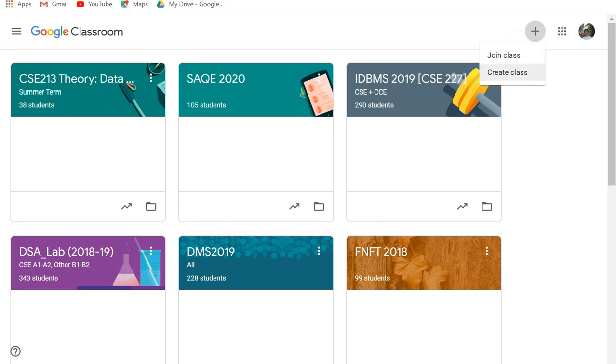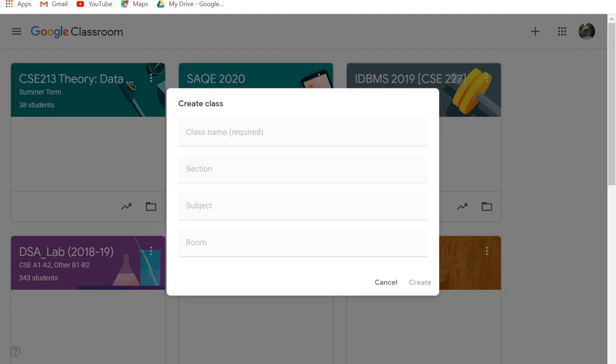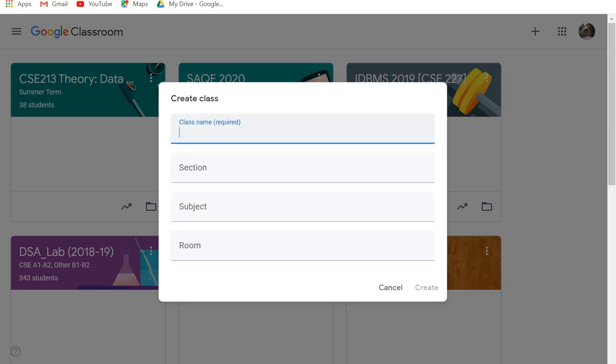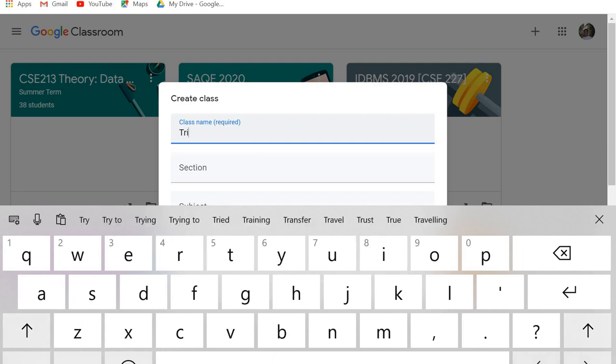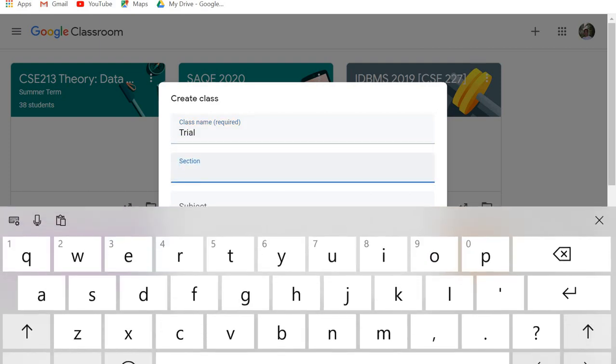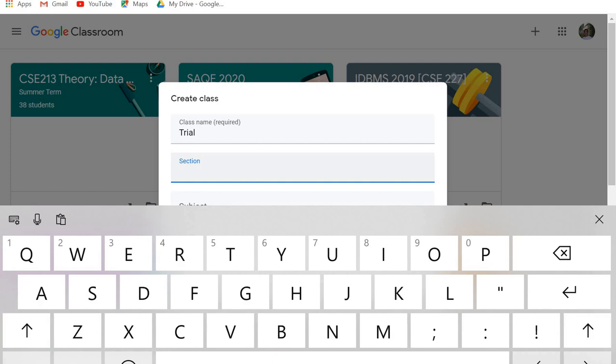So today we'll see how to create a class. From here we go to create a class, and I have to give some basic details about this class. For the class name, let's say I'm giving it as a trial. Section is like a class being divided into multiple sections, right?